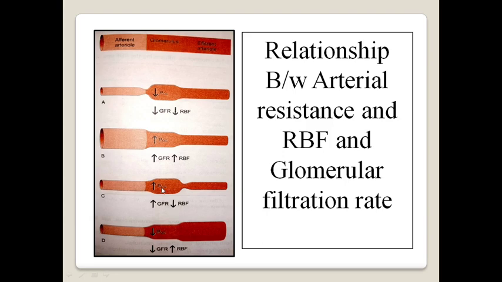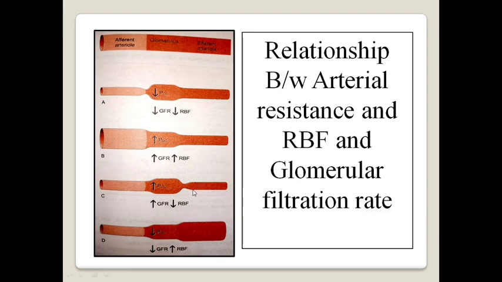What happens to the hydrostatic pressure? Suppose this is the pressure of the blood column. If we constrict here, the pressure in this loop will increase. So hydrostatic pressure will increase. Suppose you constrict a water pipe at the exit of the pipe. If you constrict the pipe, what will happen? Pressure in that water pipe will increase and water will move with a maximum velocity.